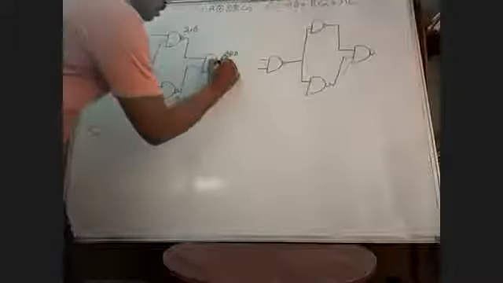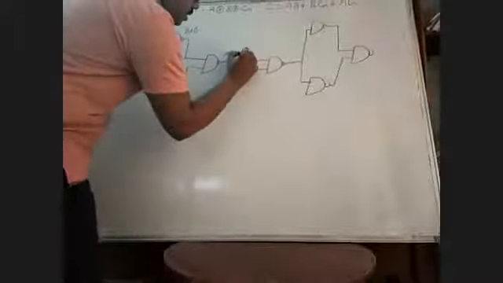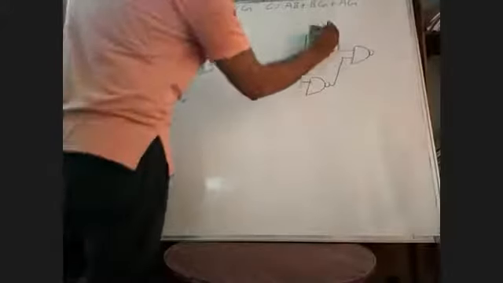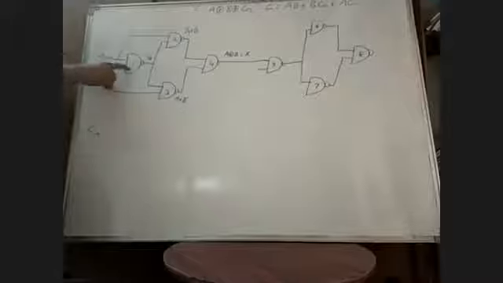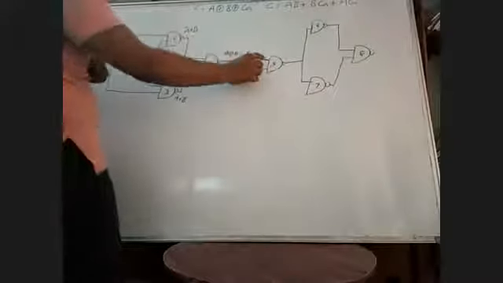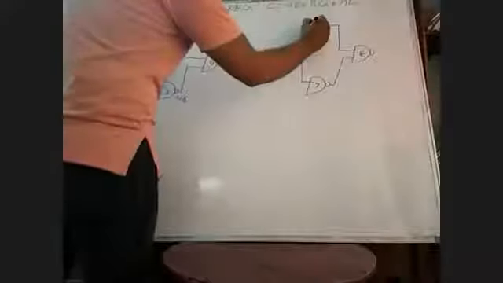See, this output, consider this as X. X is connected here. Now, half adder: one input is connected to, writing 1, 2, 3, 4, 5, 6, 7, 8. Carefully see: NAND gate 1, A is connected to 1, A is connected to 2. Similarly, X is connected to 5 and X is connected to 6. This is your X.